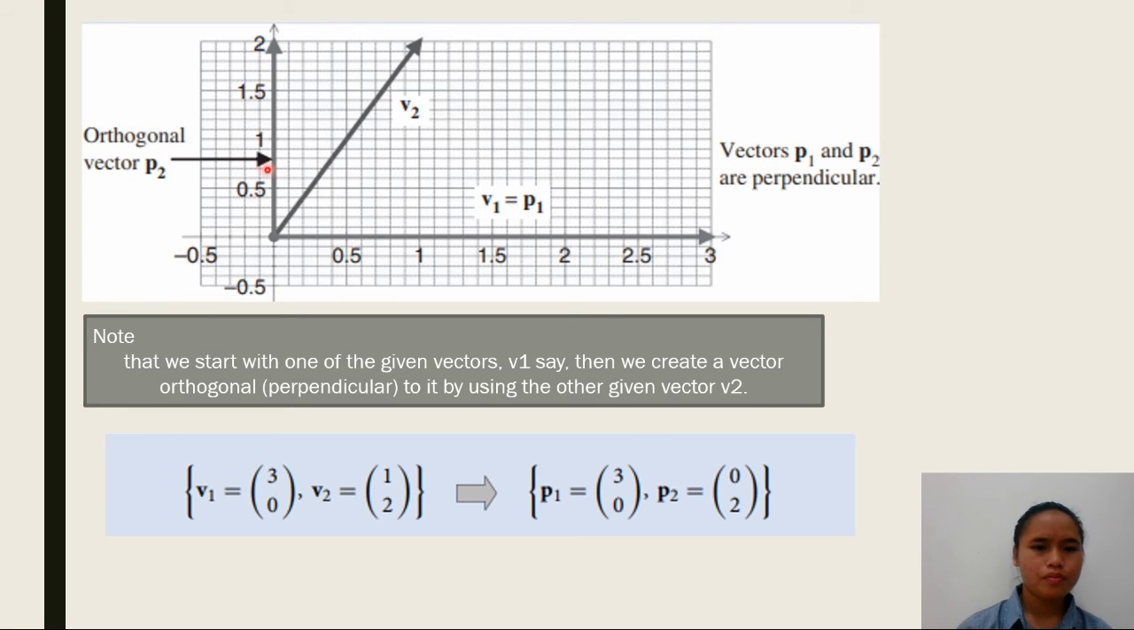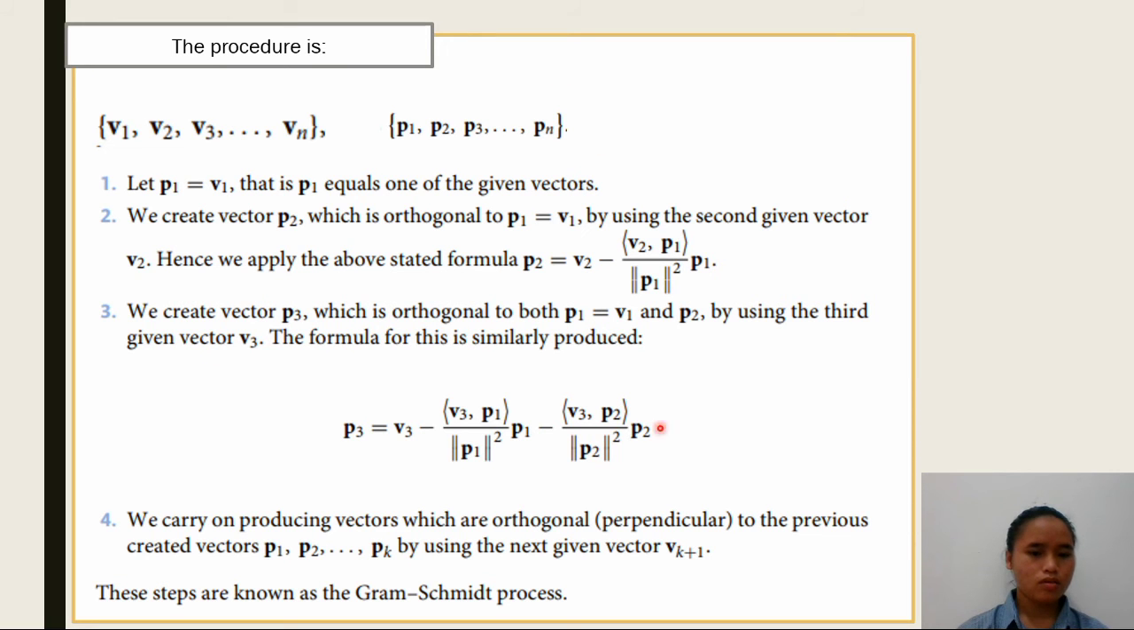So this is an orthogonal vector, right? The orthogonal vector: we start with one of the given vectors V1, then we create a vector perpendicular to it by using the other given vector V2, and we get V1 and V2, where V1 is (3, 0) and V2 is (0, 2). So this is the procedure,